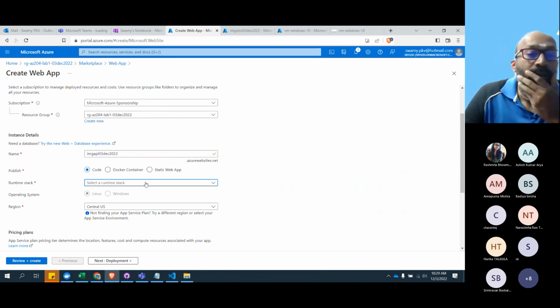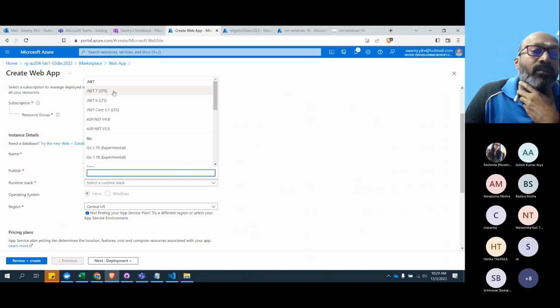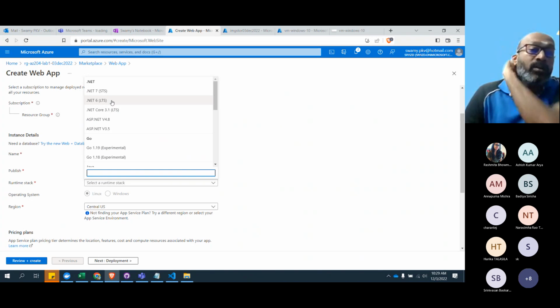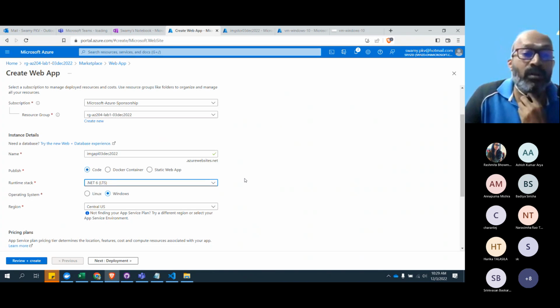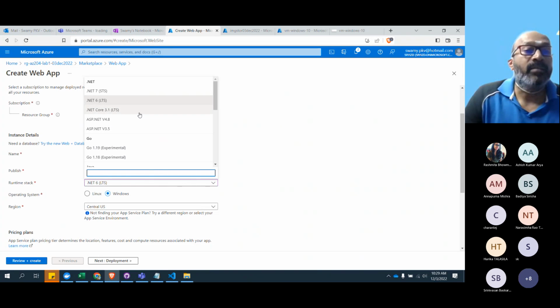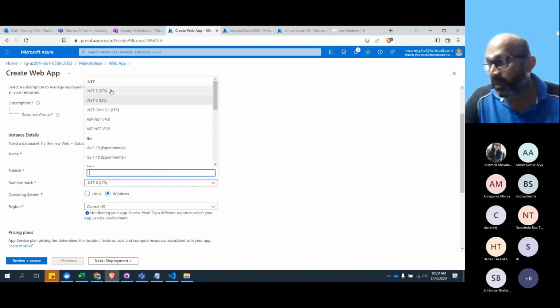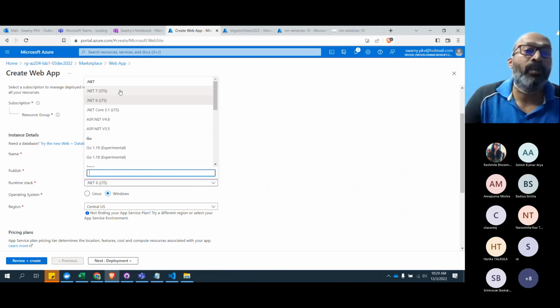For the code and runtime, we can take 7 also, but that's not long term, so let's stick to the long term. You can see that .NET 5 support has gone. If you want to experiment, you can, but the release will be short term and will not have long term support.